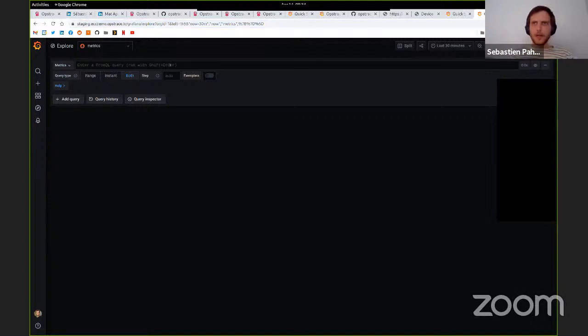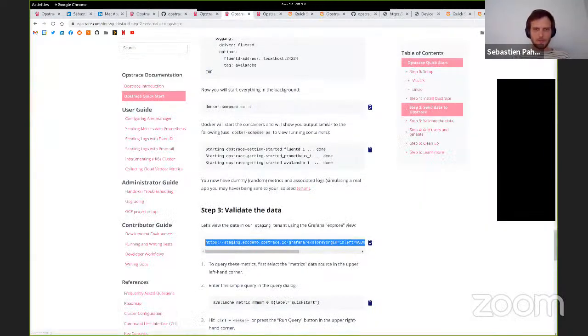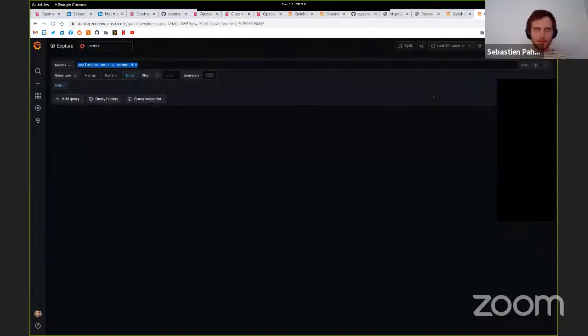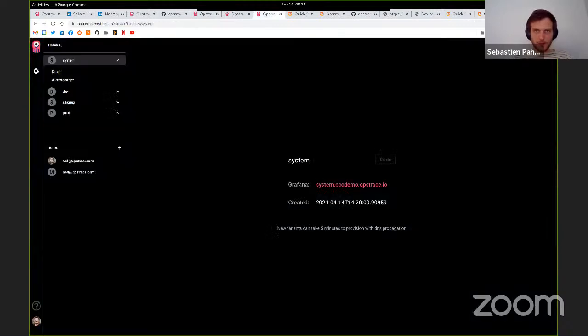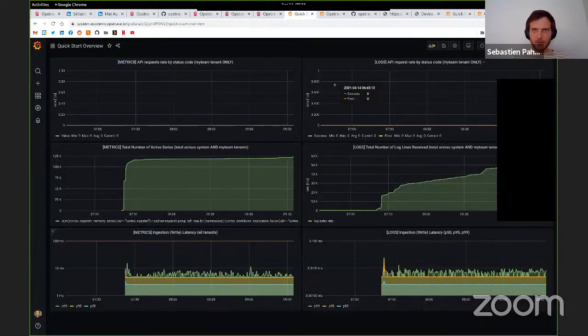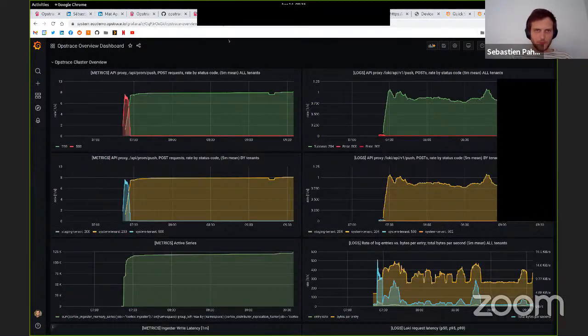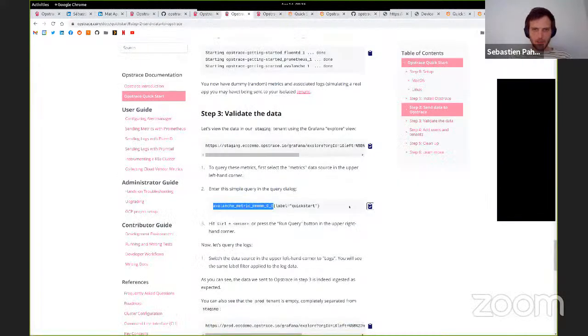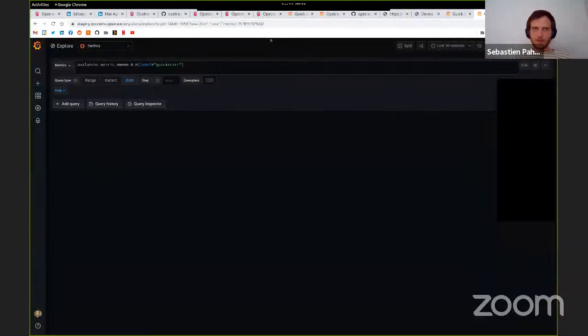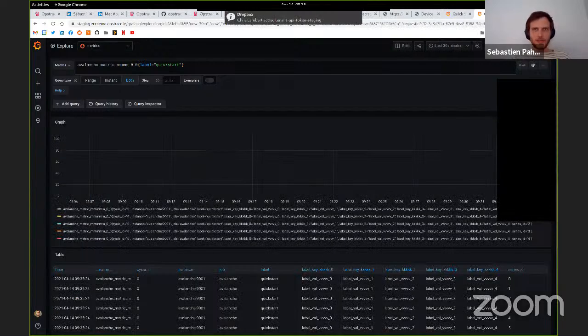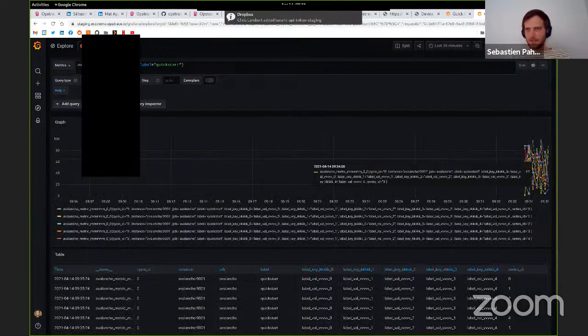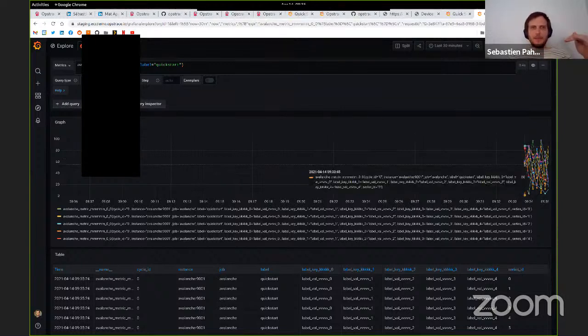Oh no, I have to, sorry, again an RTFM problem. So here we go. Here's the query to put in. And there, sorry. I'm just checking here. This is the data coming in, and then the quick starts. Sorry, let's zoom, things moving around. Here we go. So we're going to copy the whole thing here and put it here.